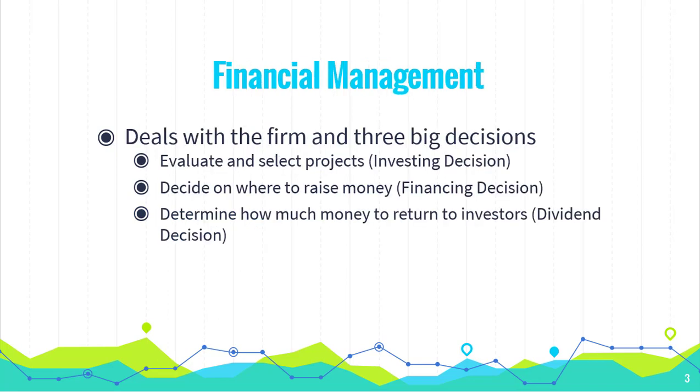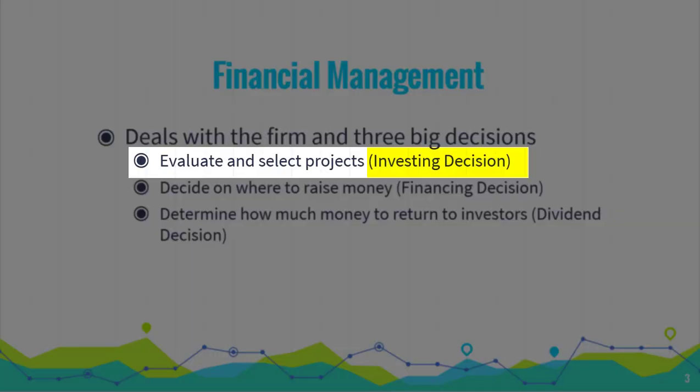Financial management is primarily related to the finance function in a company, and it deals with three big decisions that financial managers in a firm face. The first decision is the investing decision, which is concerned with evaluating and selecting the projects that the firm will pursue. We will deal a fair amount with this topic in the second half of the course when we look